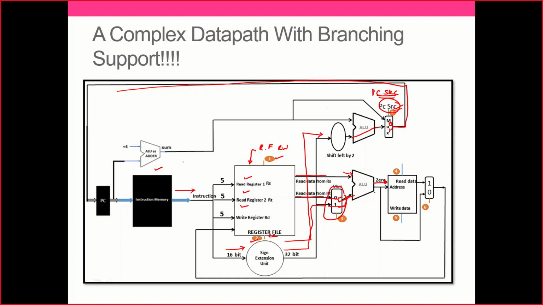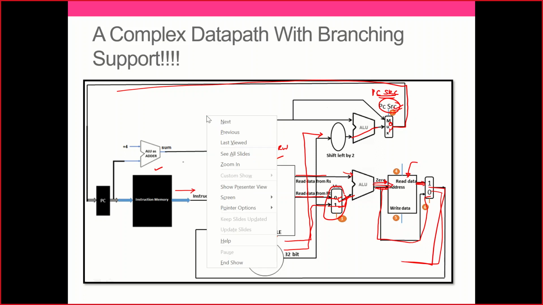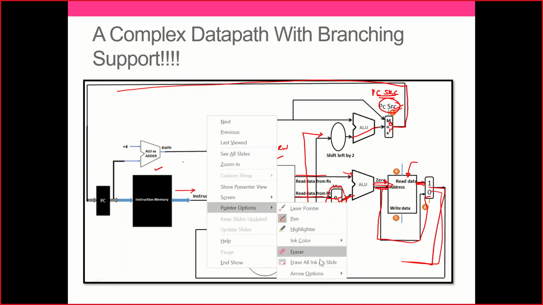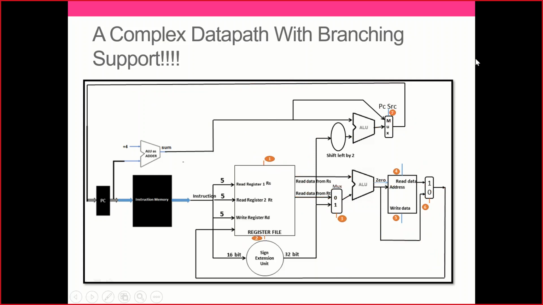Now, in case everything is smooth, in case I do not have a branching operation, I get the result out here. And if it is an R type instruction, I'll take the result, I will come here, I'll feed it in, and then I can come back. If it is a load word, I'll have to read from the memory. I read it and I will come back. If it is a store word, I just write it here and stay calm. That's it. We have created a very complex yet very versatile but easy to use data path.